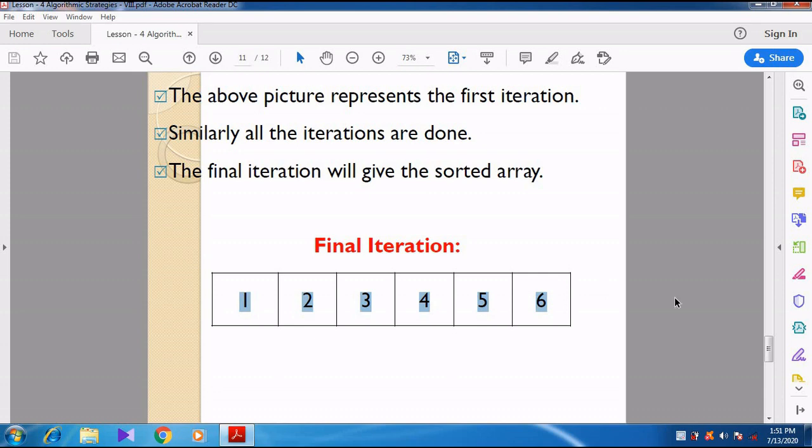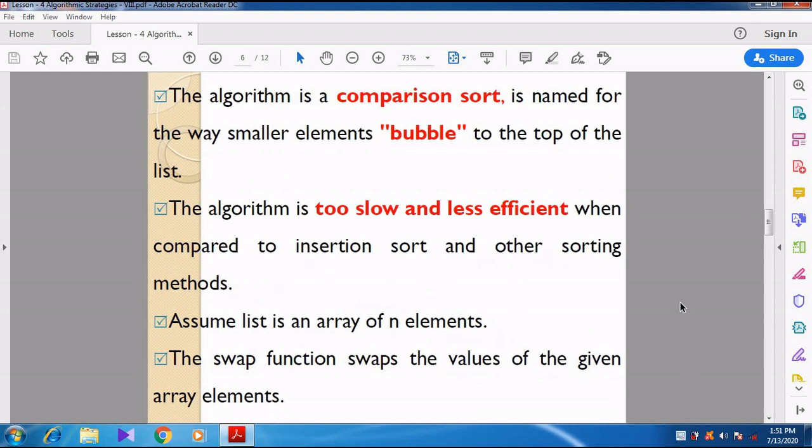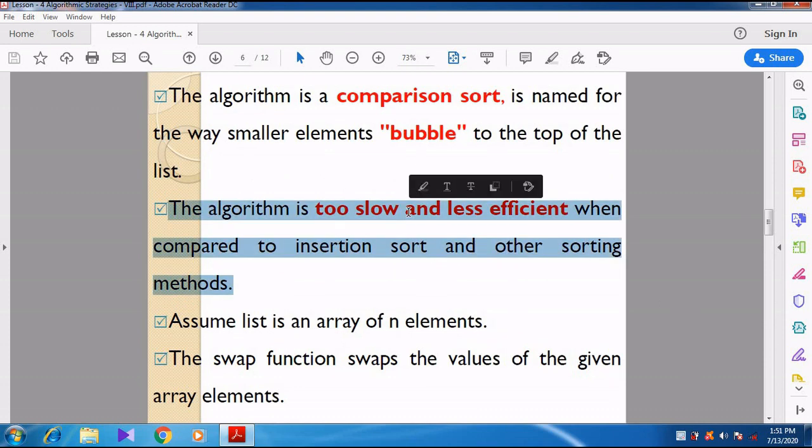This is the greatest disadvantage of this algorithm: bubble sort is too slow and less efficient when compared with other sorting methods.